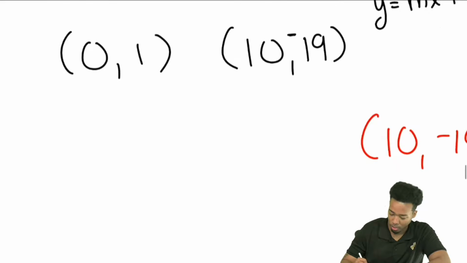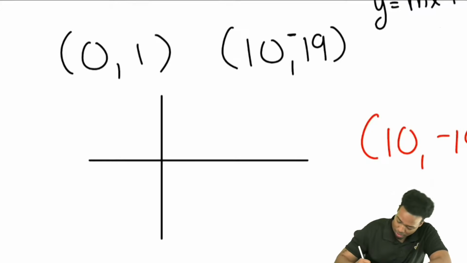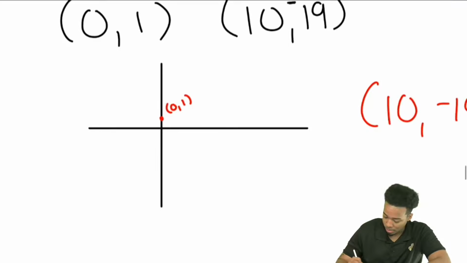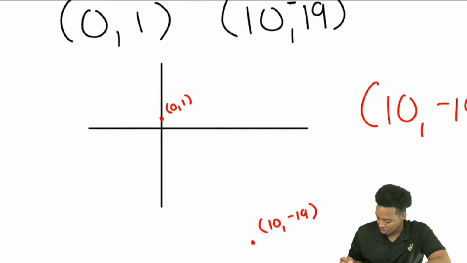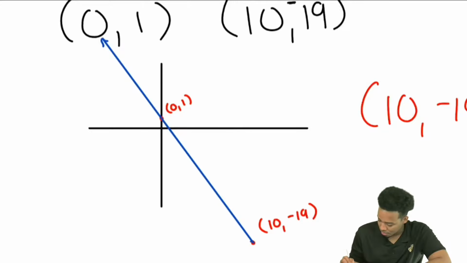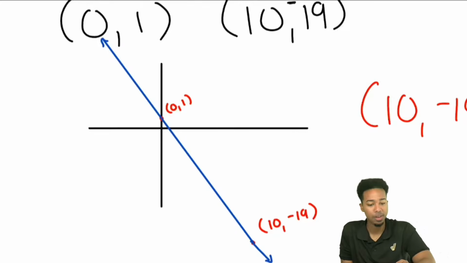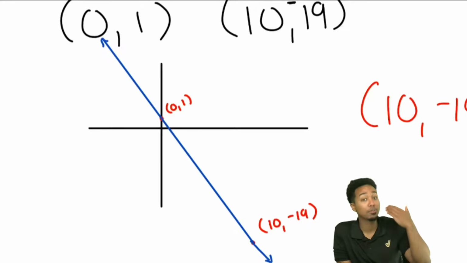I can show you the graph reference as well. So if you have a little line right here showing the graph, here's what this would look like. We could say that this could be (0, 1) right over here, and then (10, -19) would be somewhere over here. And we would be able to tell, specifically speaking, that we are going in the negative direction. So from here, we can tell that the line is going down. It's negative. We can definitely tell that. So it's another way to see it. Again, if you can visualize it, bam.